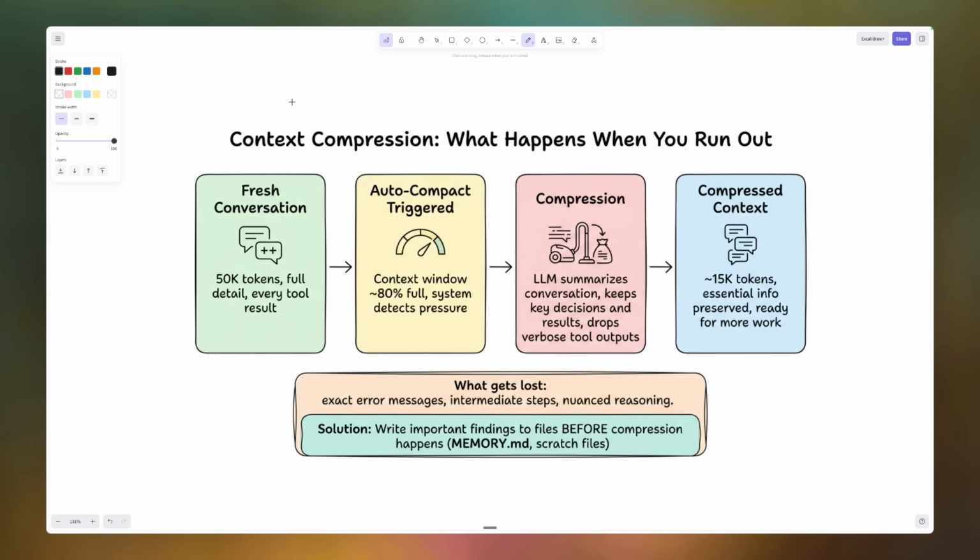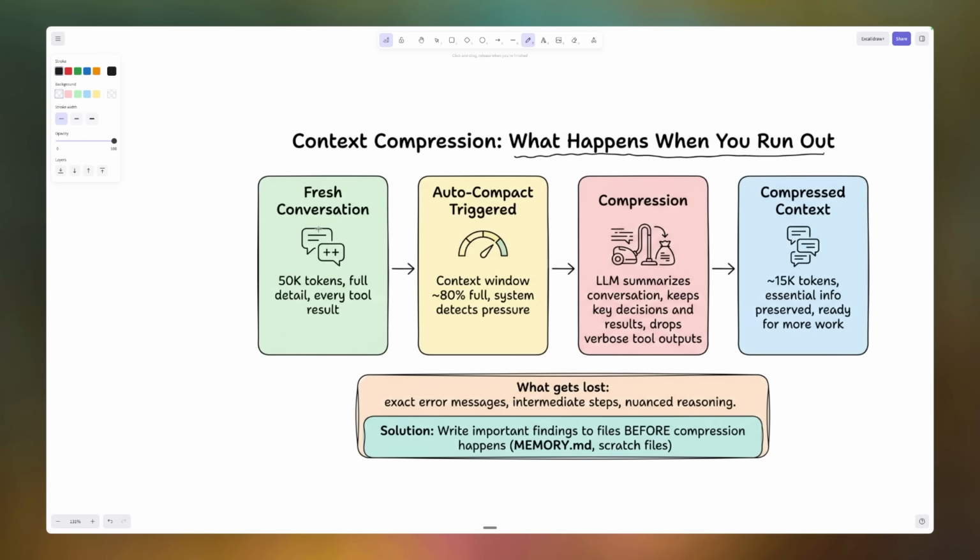Now this takes me to the logical question of, hey Nick, what happens when you run out of context? Because obviously that's going to happen. Well, when there are 50,000 tokens, let's say, out of 200,000, no problem. You have the full conversation history with the model. The model gets literally every message starting from message number 1, 2, 3, 4, all the way down to message number 25. Then it takes all of this context and feeds it into its big neural network to generate message number 26, right?